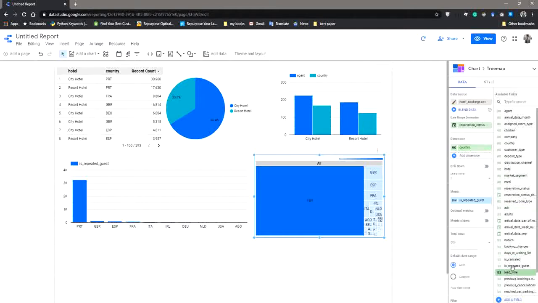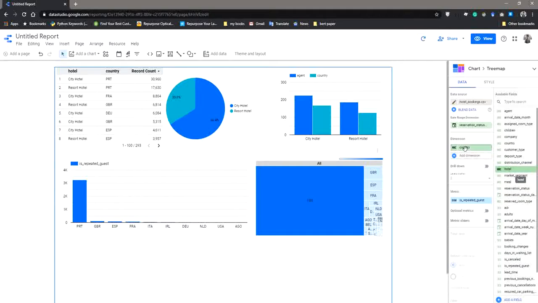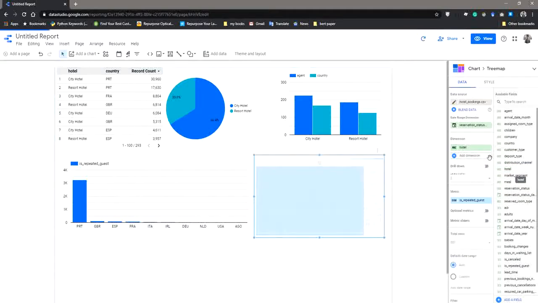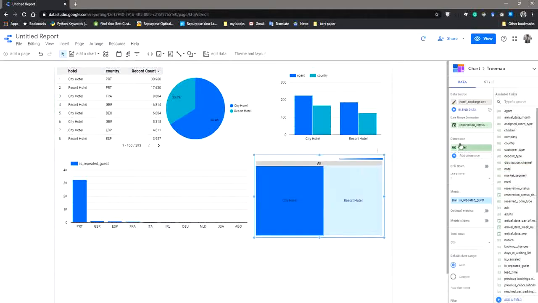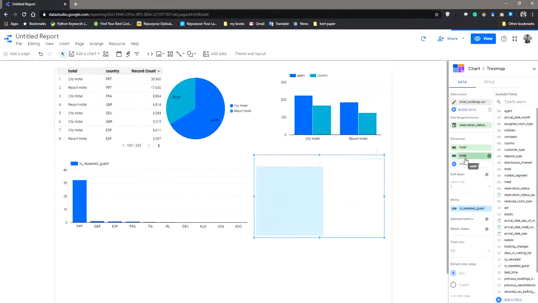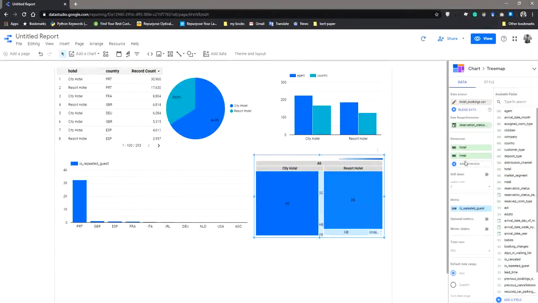So we can select hotel here, and the meal. So here the tree map has been created for city hotel meals and resort hotel meals according to the company.